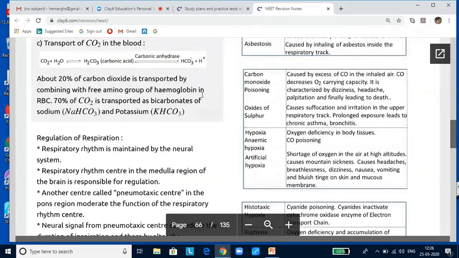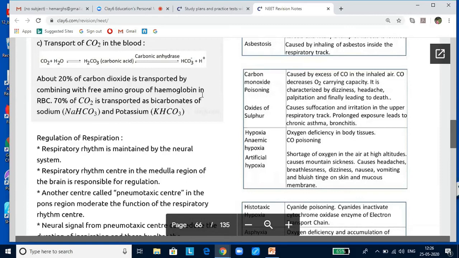The medullary rhythmic area can be divided into a dorsal respiratory group, that is DRG, and a ventral respiratory group, VRG. The receptors for chemical regulation are located in the carotid bodies, aortic bodies, and in the brain. Carotid and aortic bodies are associated with the heart. They are responsible for the detection of oxygen concentration in the blood and its effect on breathing. These are considered as peripheral chemoreceptors. Thus, blood oxygen does not have a direct effect on the respiratory center of the brain.